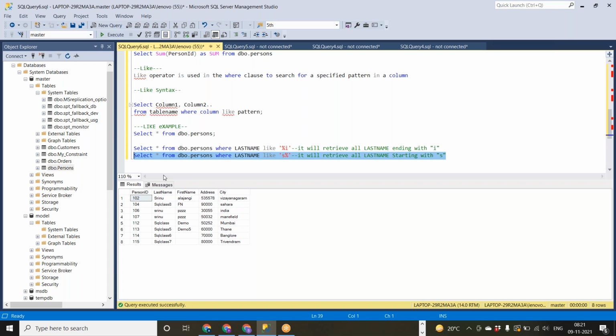We will see more examples of how we can get the data for everything. So now what I want is to get the last names containing LA, and that LA may be in any position.